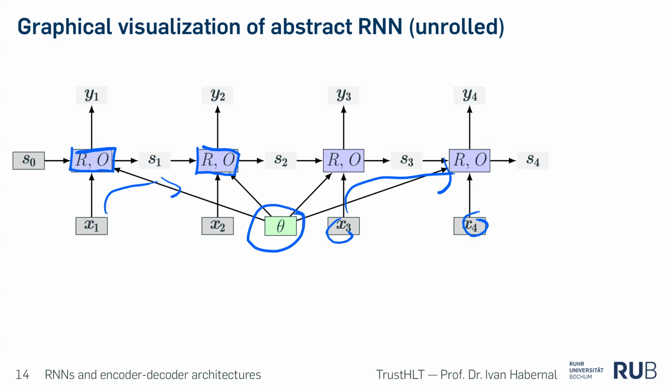And a practical reason is also that the number of parameters would basically grow with the length of the sequence. For example, if you have only a 4 token sequence, you would have 4 different parameters. And if you have a sequence of length 10, you would need 6 more parameters, but maybe you just never learned them because you only saw parameters for size 4. So that's why we can keep the parameters for each state the same, and we share them.